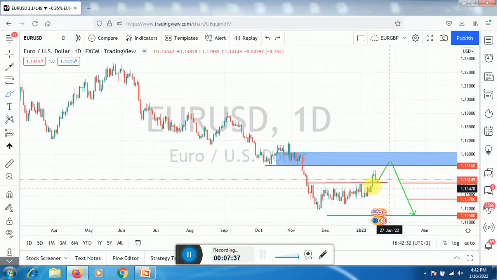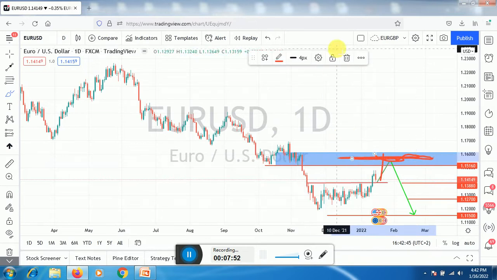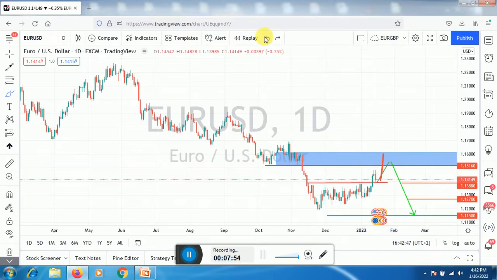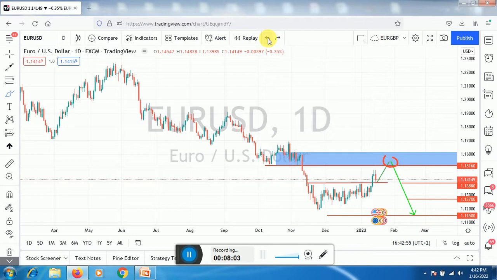So this is a minor bullish case. Maybe in the next couple of days it can just boom, but this zone is very, very important. This whole level here is very, very important at this point. So we might actually see price getting rejected at this zone, and then it might start to go lower there on Euro USD.